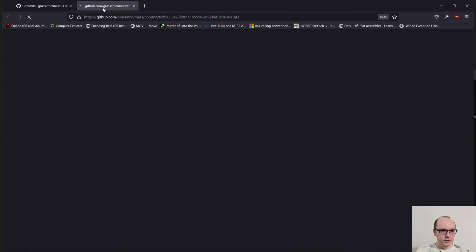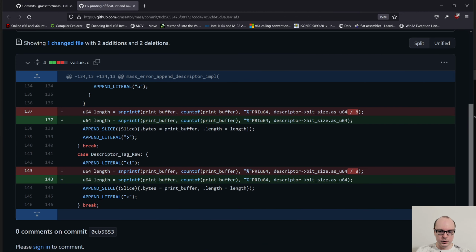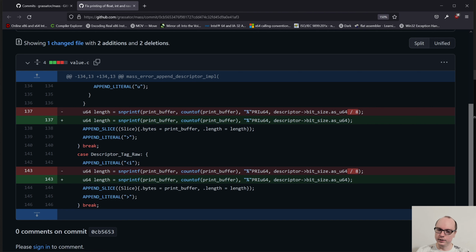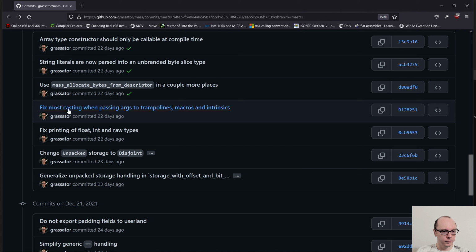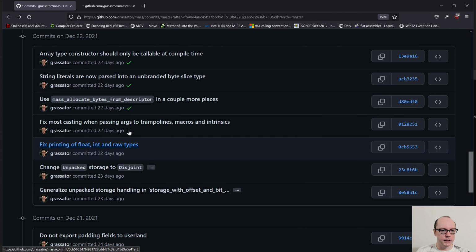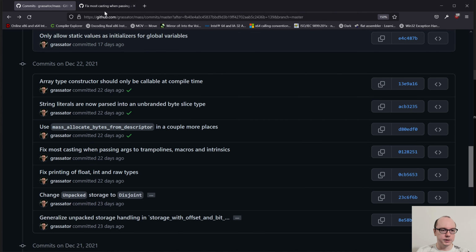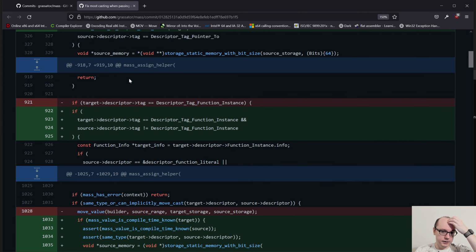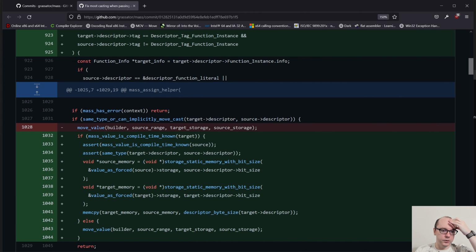Okay, fix printing of float into row types. Here I forgot, or I unnecessarily divided by 8. Fix most casting when passing arcs to trampolines. Yeah, so this is a bit of an awkward thing